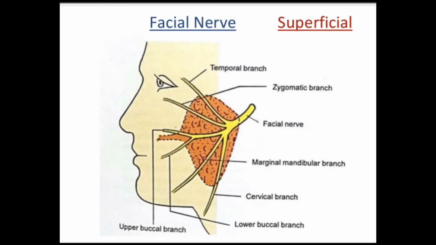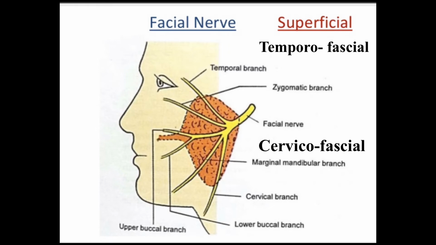Structures within the parotid gland from outside to inside are basically three. From outside, the facial nerve, then next is the retromandibular vein, and innermost is the external carotid artery. The facial nerve, after emerging from the stylomastoid foramen, enters the parotid gland, piercing the posteromedial surface. Within the gland, the nerve runs forward for another 1 centimeter, superficial to the retromandibular vein and external carotid artery, and then divides into temporofacial and cervicofacial trunks.